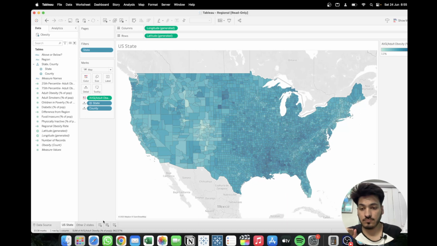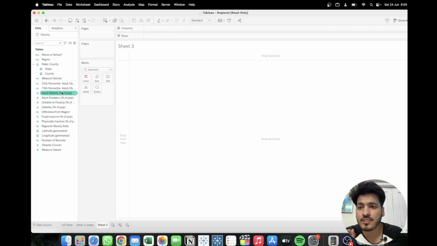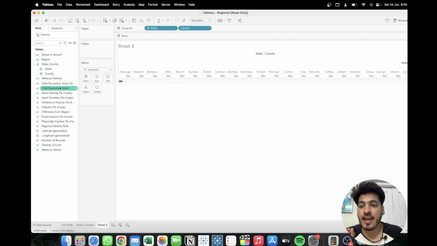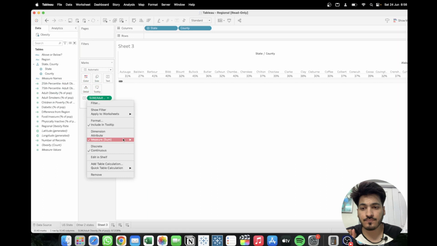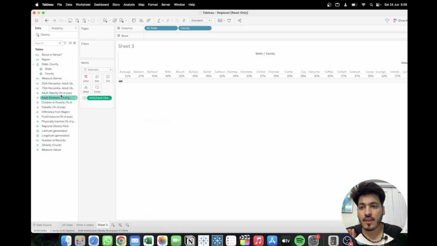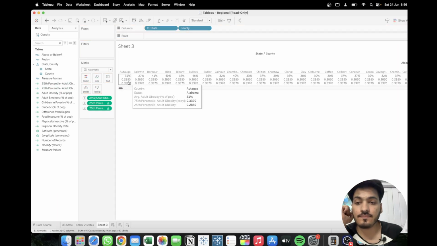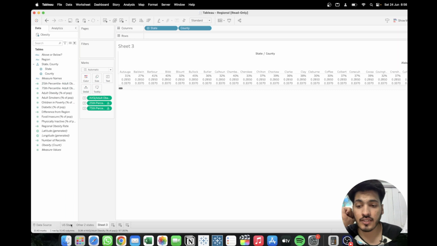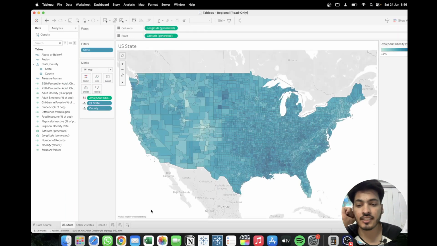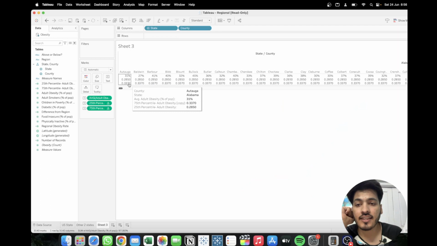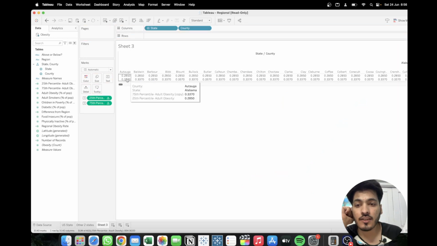So that's it. Now let me show the state country here in the column shelf, and let me show the adult opacity value in the text as an average value, and now I'll be showing the 25th percentile value and the 75th percentile value. You can see our range of data was 11 to 47%, right? Now what it has done is it is dividing our 25th and